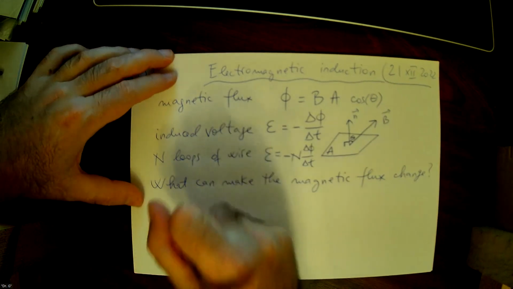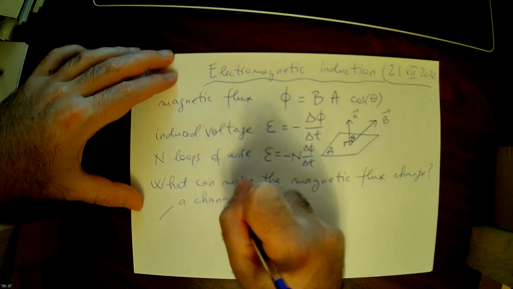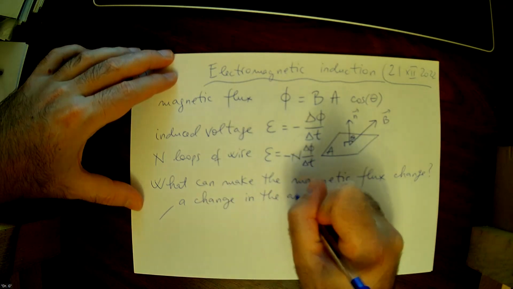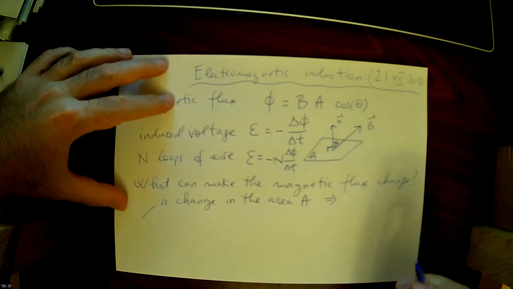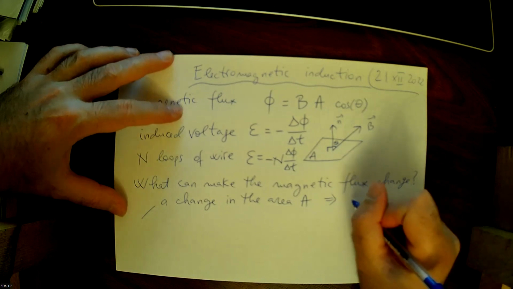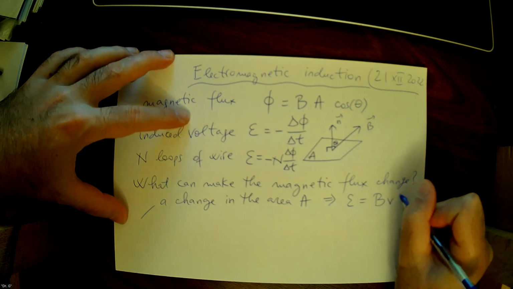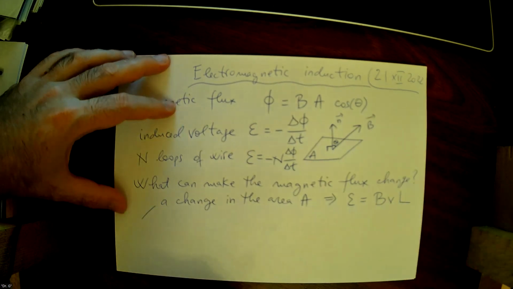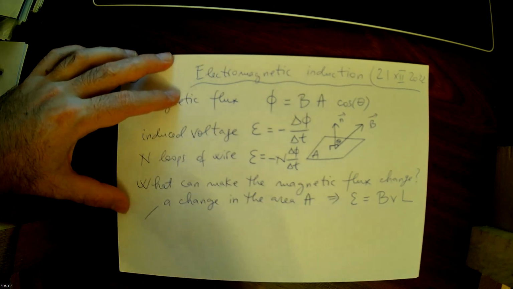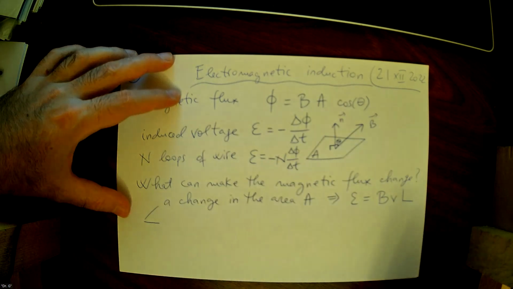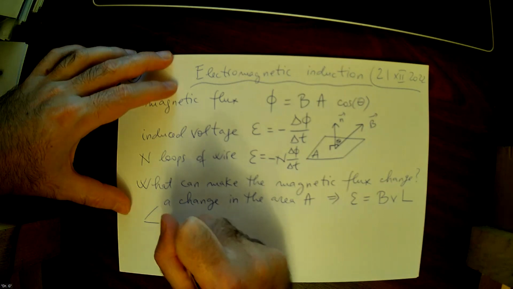Well, it could be a change in the area, A, which gives me an induced voltage BVL, as we have derived last week, or maybe a change in the angle theta,